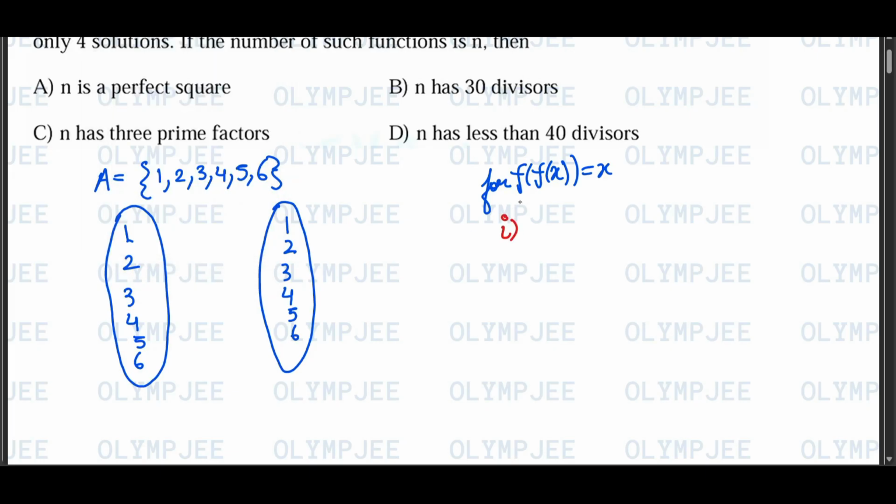First is when f of x is equal to x, right? Because if f of x is equal to x, then f of f of x will become f of x which is equal to x. So this is the first case, and the second case is when